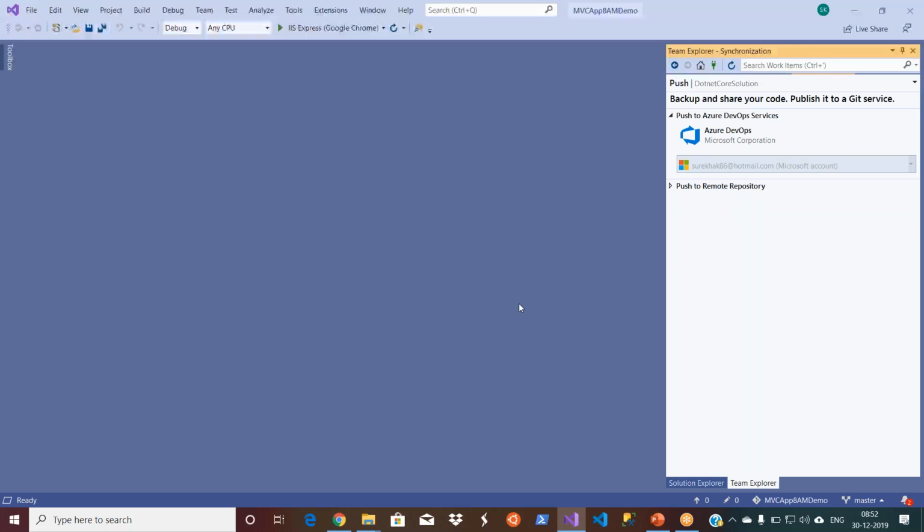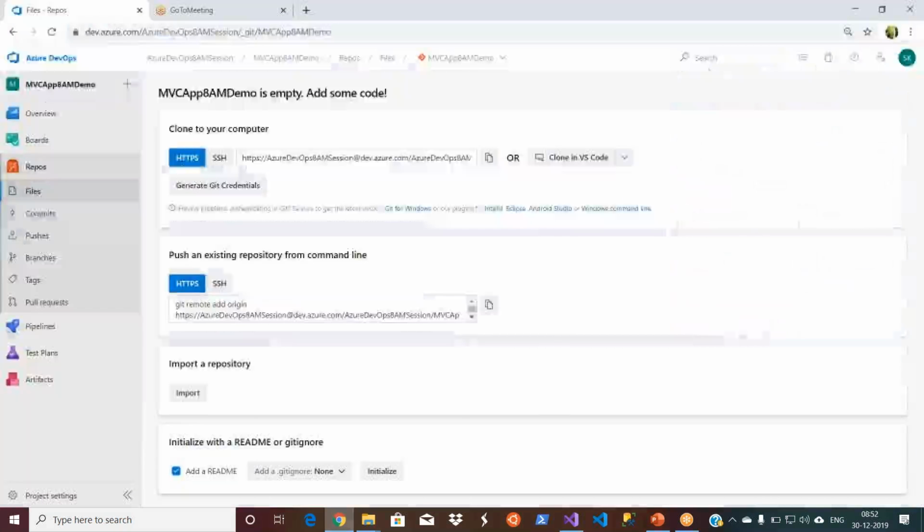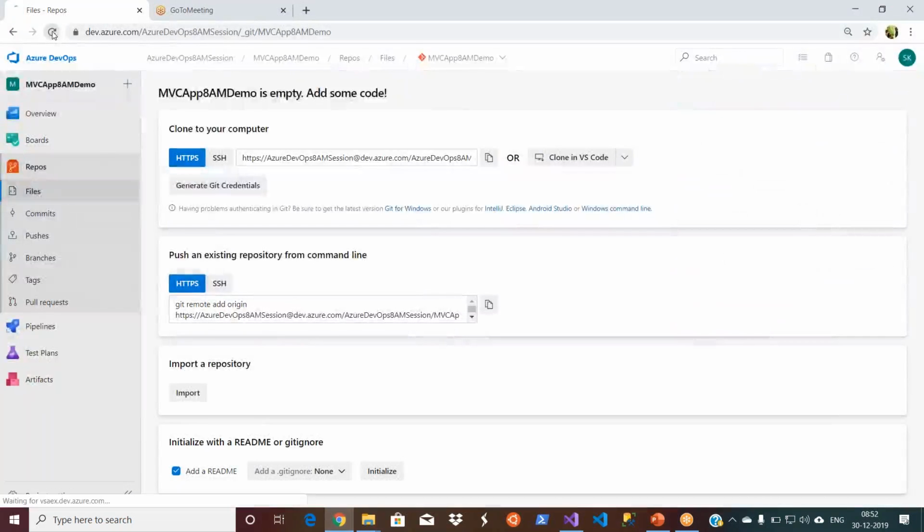We will be doing multiple options in multiple sessions. So by the end of 5-6 sessions, you will know all the options, how many ways you can do it. At the end of the day, whichever option you are using, the output will be the same: the code will be available on the server. Now this was pushed, and you can directly click on this link. It will take you there. Or since I already opened it, you can simply go ahead and refresh.